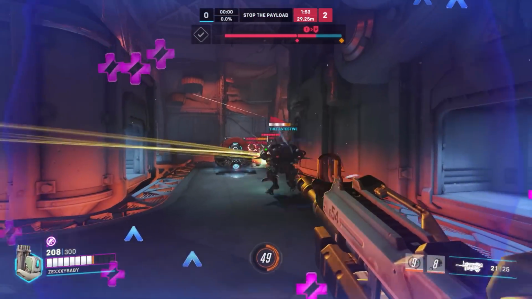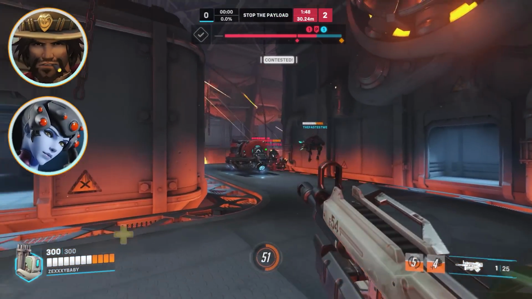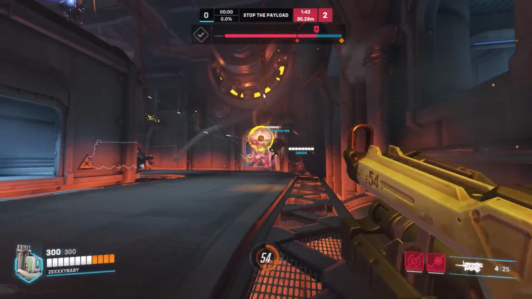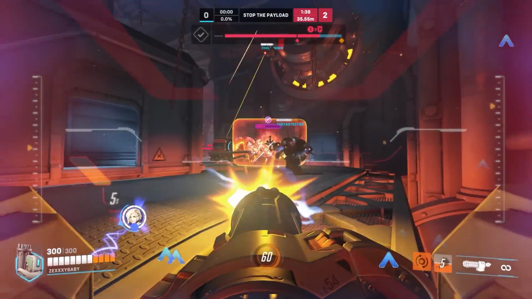This gives Bastion increased survivability against burst heroes he struggles with like Cassidy and Widowmaker, who can pick him off easily while he's swapping configurations. This change, along with increasing his targeting movement speed during his artillery configuration, allows him to get his damage off quicker, safer, and makes it less likely for him to be picked off as quickly and easily as he